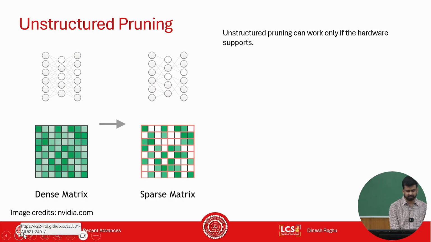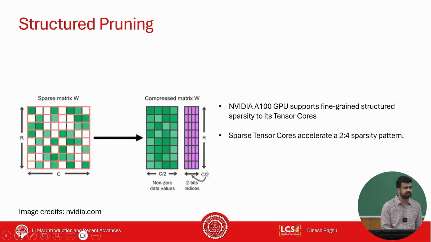So people started to slightly move away from unstructured pruning and start to focus on structured pruning. Like for example, there are these A100 NVIDIA GPUs, which say that if you take any block of 4, you compress it into a block of 2 by ignoring 2, right? This is called the 2:4 sparsity pattern. If you do that and you represent your values with half the number of weights, and you use 2-bit indices to store the indices which are non-zero, it will give you a performance speed up, right?